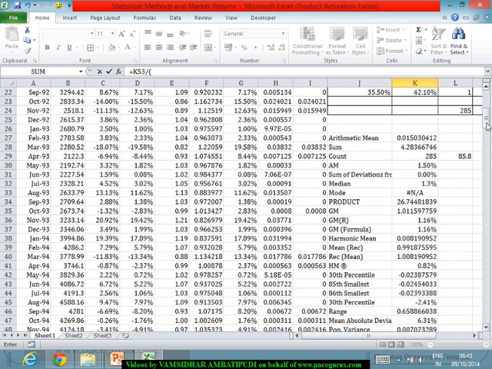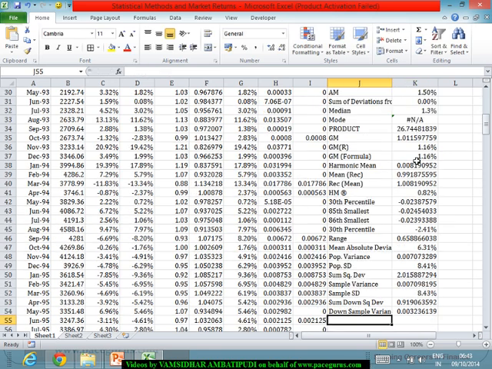The downside sample variance is that much, and the downside sample standard deviation is the square root of this, which is giving me around